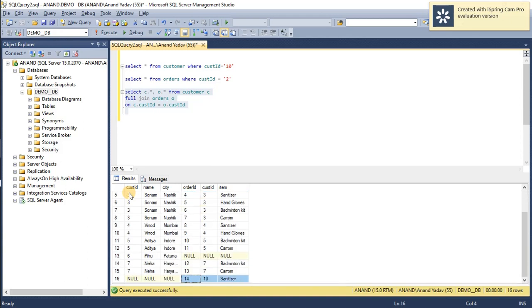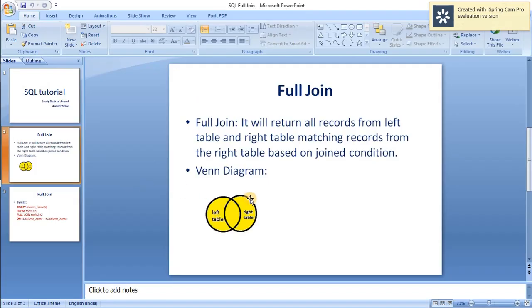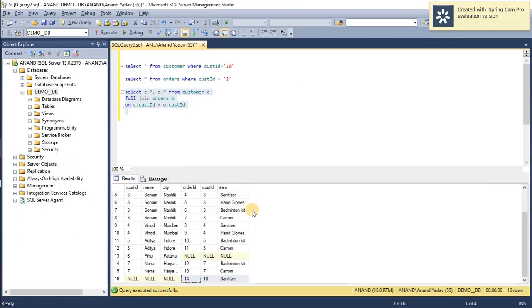Similarly, when there is right data only, I'm talking about this portion. So customer ID equal to 10 on the orders table, where order ID equal to 14. This record is not present in the left table. That's why the left hand side of this entry is null, and the record is only present in the right hand side. So this is helpful when we wanted to see the records which are present in the right hand side only or left hand side only. So this condition is very helpful.